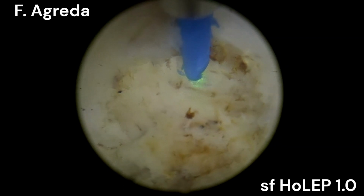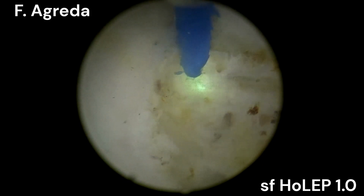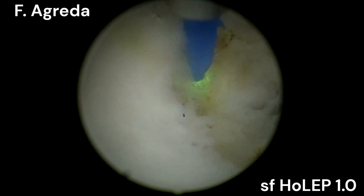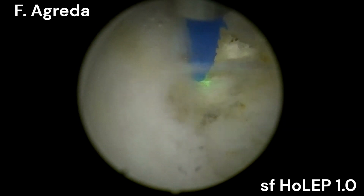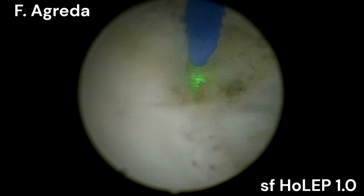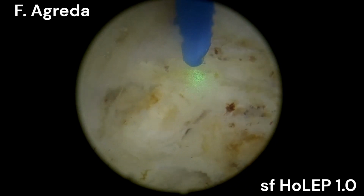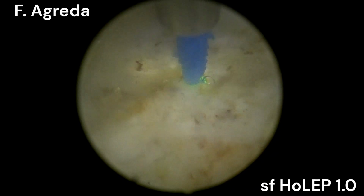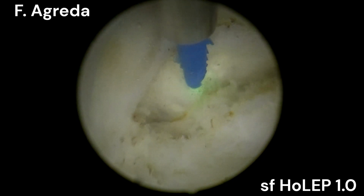Here I'm still progressing in that direction. You can see already some semicircular fibers there. Here I'm getting to this dissection plane. There's no rush. You have to do it very carefully to avoid any stretching or heat damage of the sphincteric external sphincter muscle. So you can see here. Now that's it. You can see there's some semicircular fibers. I'm separating this last portion of adenoma here, and you can see very clearly there. I will point it here, so you can see I pointed there,